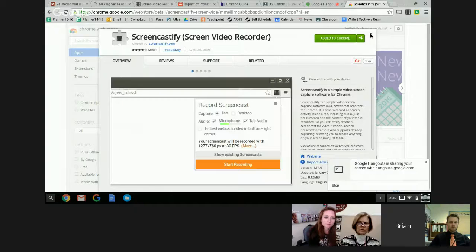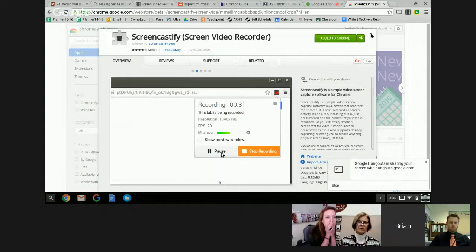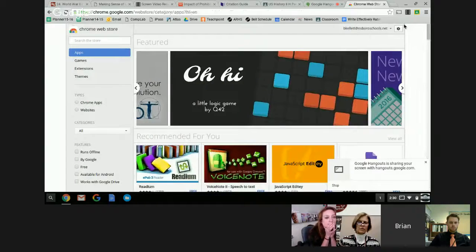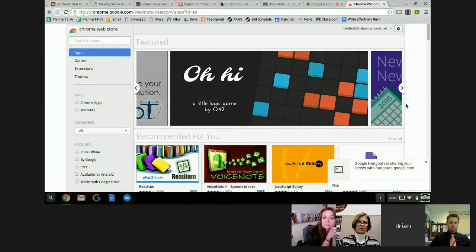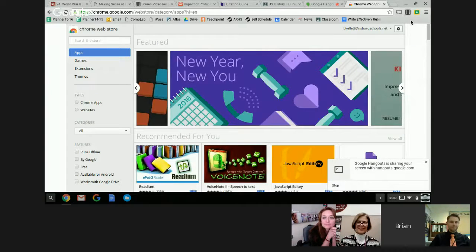While they're talking about what's on the screen, but I think they prefer to just have the audio. What this tool does is it allows you to, as I said, record everything that is being seen. So I'm going to try something a little daring: I'm going to record what I'm doing while we're recording what I'm doing. So we'll try to keep track of everything, but the app is very simple, and that's